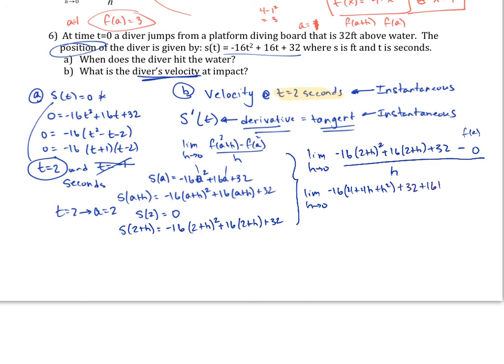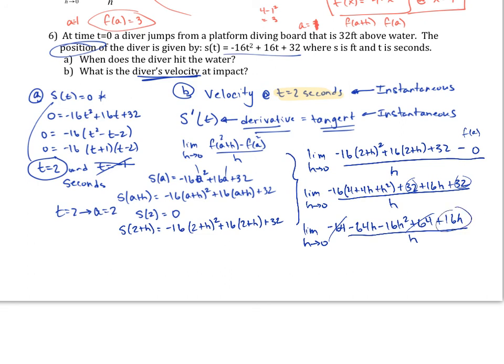This will be 32 plus 16h plus 32, just like that, all over h. And then I can distribute this negative 16, the limit as h goes to 0. When I distribute, I get negative 16 times 4, so that'll be negative 64, minus 64h minus 16h squared, plus, and I can combine these, 64 plus 16h, all over h. What you'll notice is you should always have things that reduce out here. So I have this 64 and that 64 that reduce out. And that's pretty much all I get to reduce,